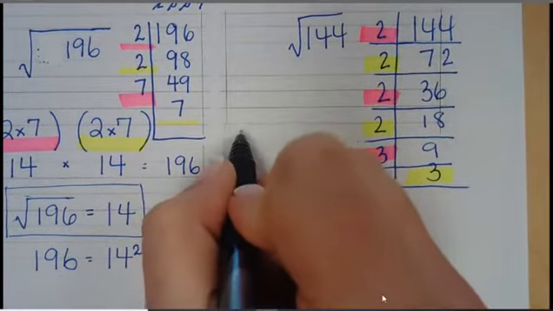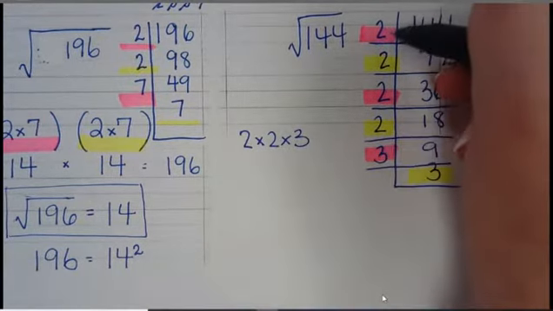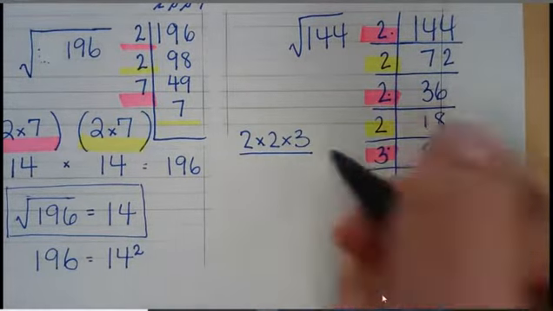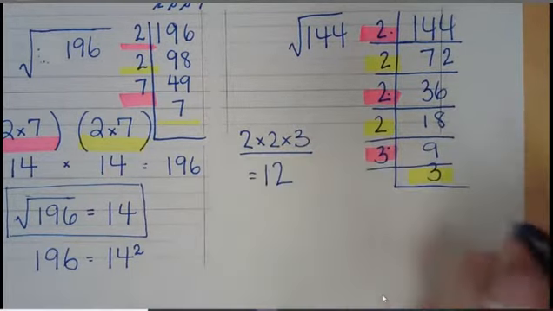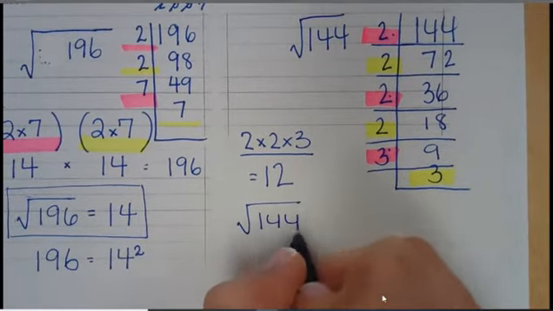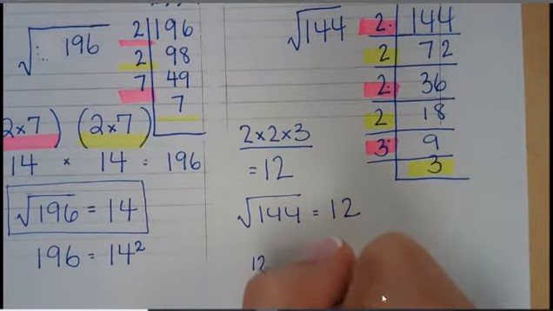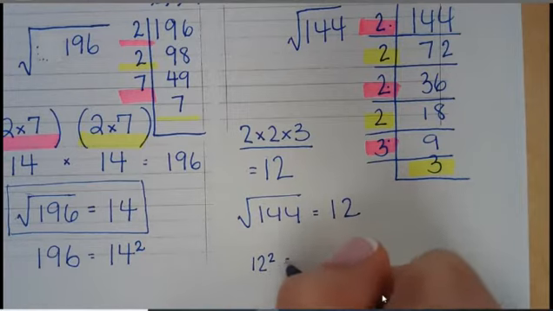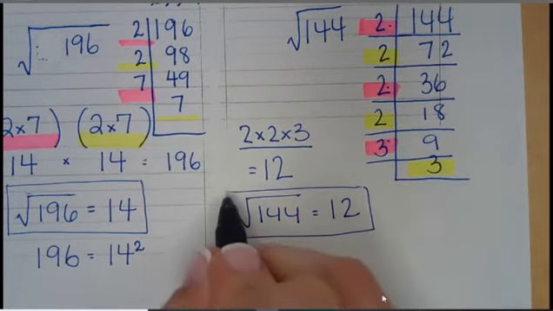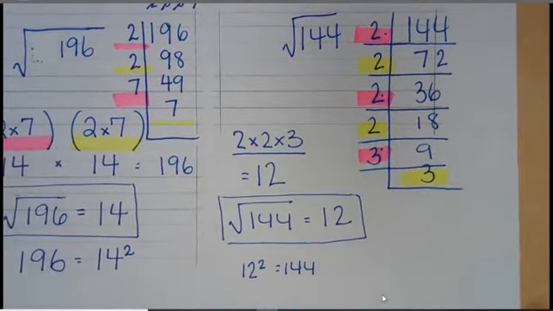So then one group would have 2 times 2 times 3. And then I check the other group. It has 2 times 2 times 3 as well. So 2 times 2 is 4, times 3 is 12. So the square root of 144 is equal to 12. And if I know my math facts, I can check it by saying 12 squared is equal to 144. So I know that I got my square root correct. So those are square